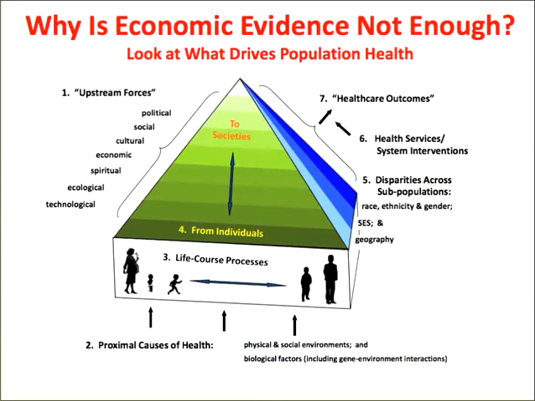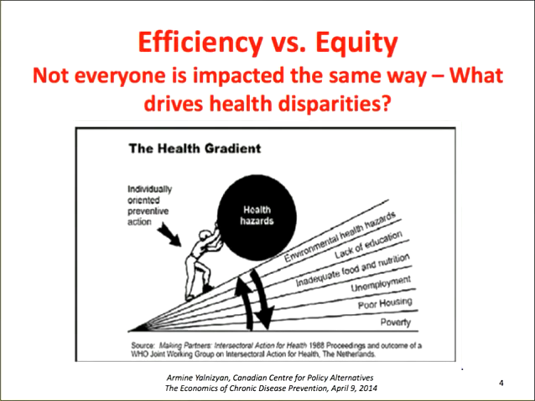There is an issue here when we talk about efficiency, and the big issue is equity. And this is a very old chart that talks about the health gradient, the social determinants of health that I mentioned. And all the risk factors that we're talking about are accelerated if you're poor, if you have less education, if you live in an isolated way, if you have terrible housing, if you are unemployed. We know this. The data is consistent over and over again. That gradient exists, so addressing the things that drive the gradient are just as important as many of the population health interventions that we talk about.